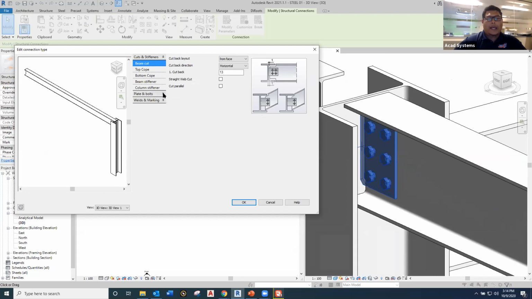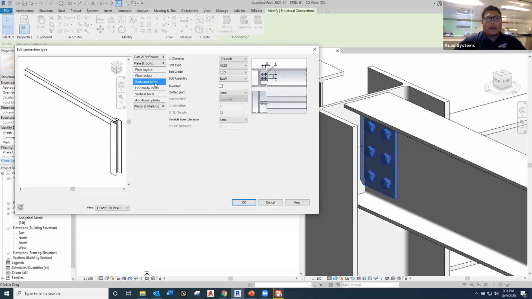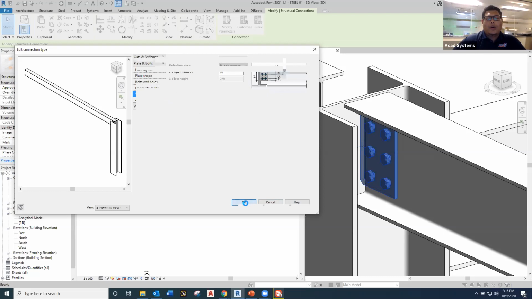So let's say you want to place the plate and bolts. Okay, you want to modify the plate layout, for instance. So you can control it here. And what is more important is how we're going to place out the bolts and nuts. Let's say I'm going to use horizontal bolts with 3 lines of horizontal bolts, with an intermediate distance of, let's say, 90, and we can also change the vertical bolt with 3 lines with start distance and intermediate distance. This is for instance, and when you click OK,